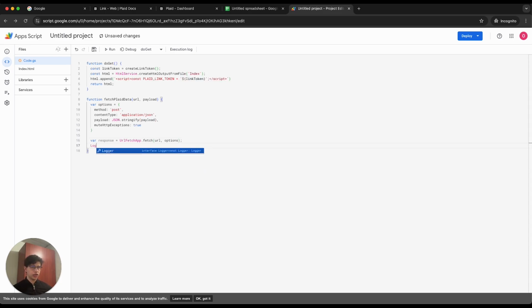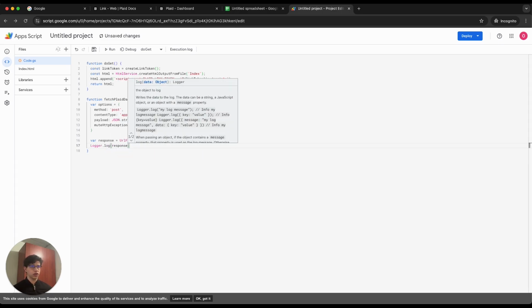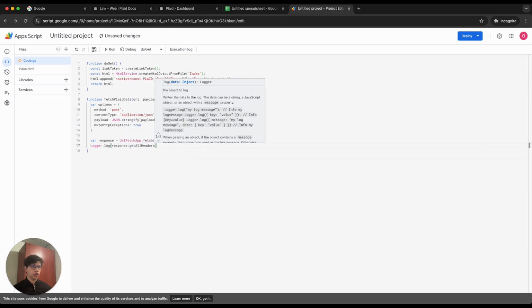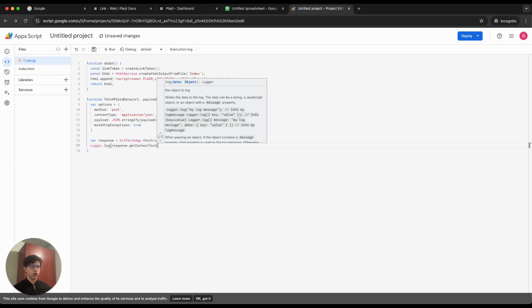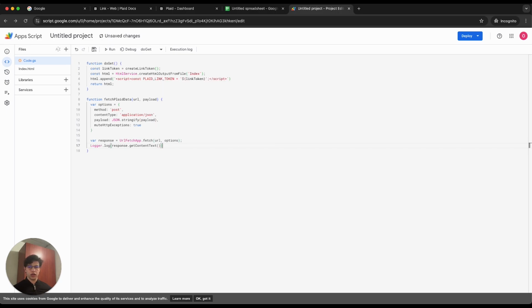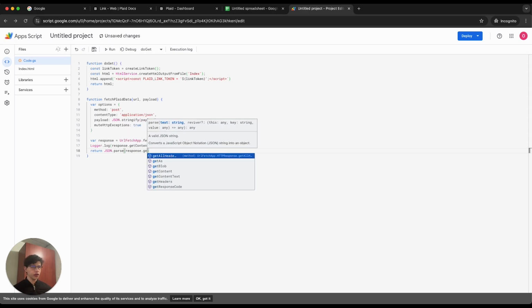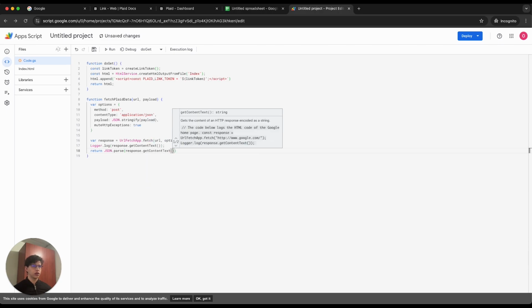And that's it. We could add a log here just to see if there are any errors, but there shouldn't be. But we can add something here. So then we get the context. Sorry, the content text didn't return what is coming from the response, and then we just return that as a JSON parse. So we parse the response again like that,